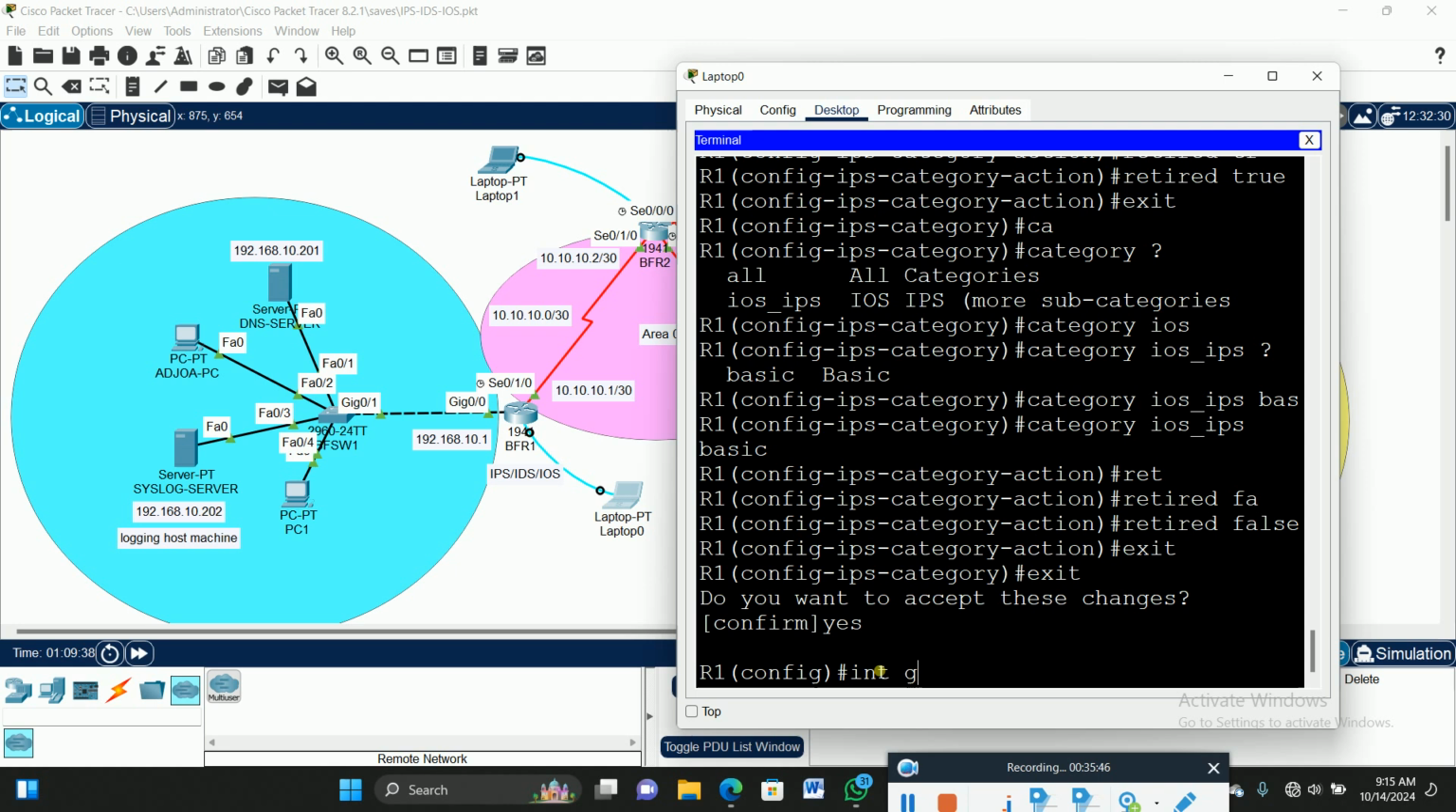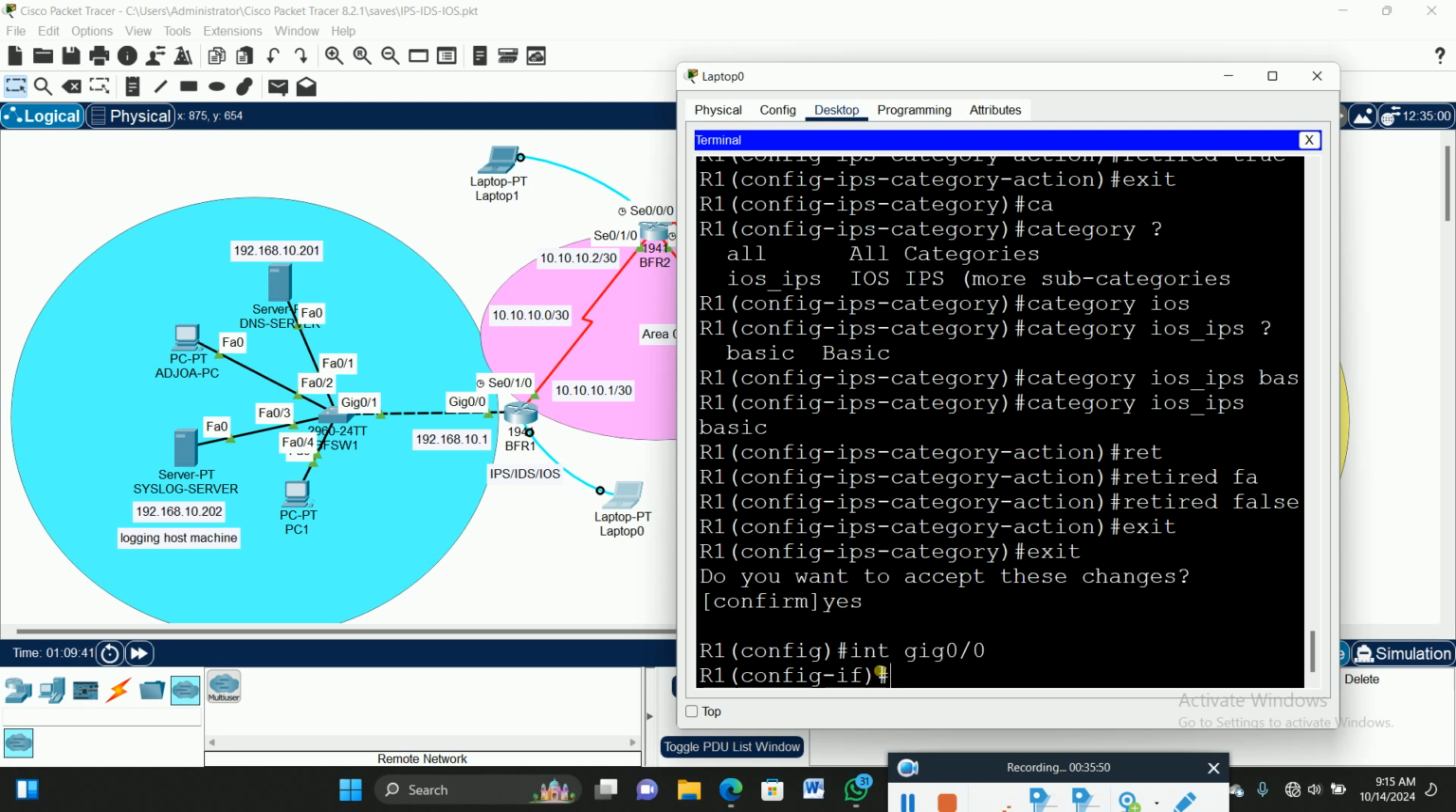int gi 0/0. That is mine. I don't know what yours is. If yours is 0/1, make sure that you choose 0/1. But if yours is gi 0/0, like how mine shows, make sure that you do justice to it. Are you inside? Okay, IPS,